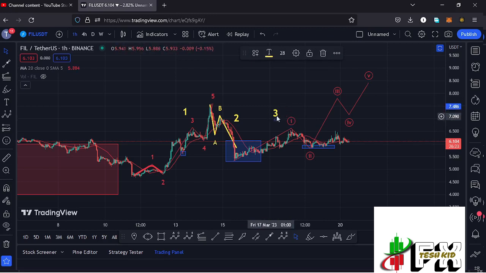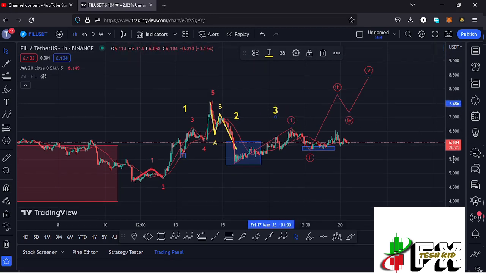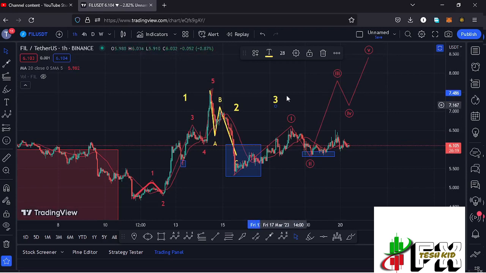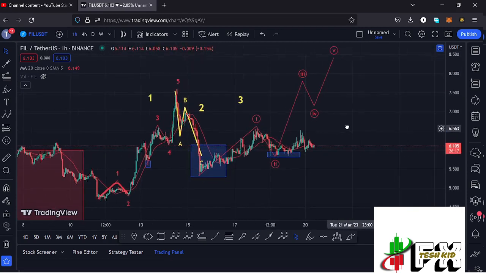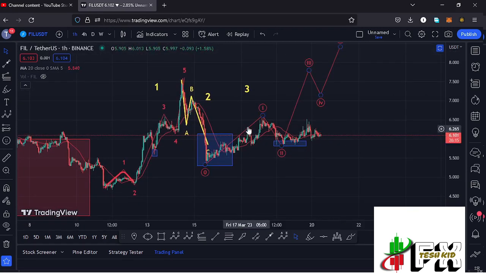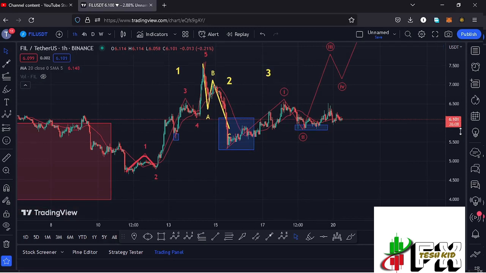And because of the impulsive nature in the formation of this wave 3, I'm also expecting to see another 5-wave structure in formation within the formation of this wave 3, where you can see that I have this Elliott wave structure in red, having that as the first wave. Then we have seen a corrective structure in the formation of this wave 2,